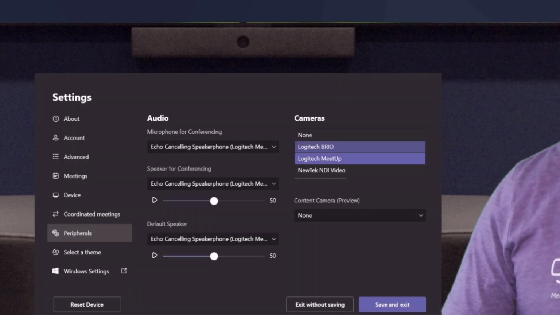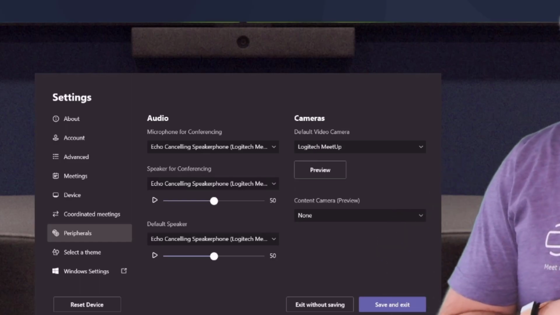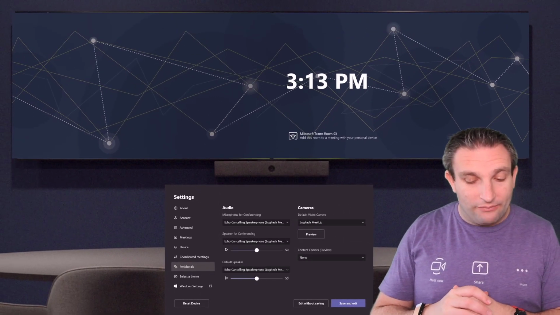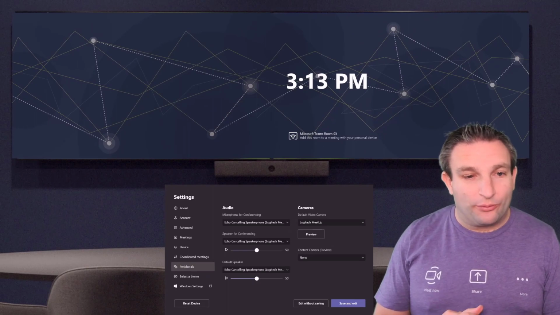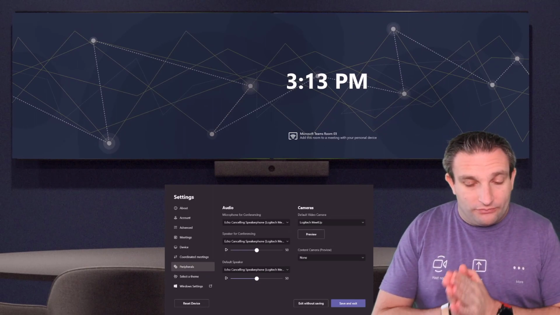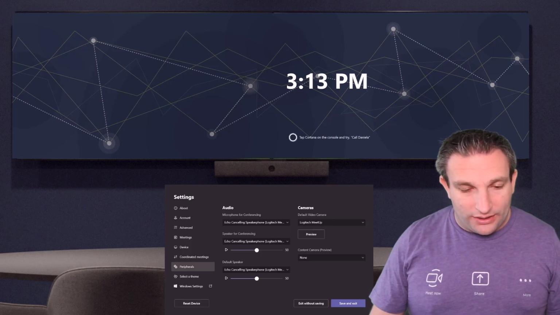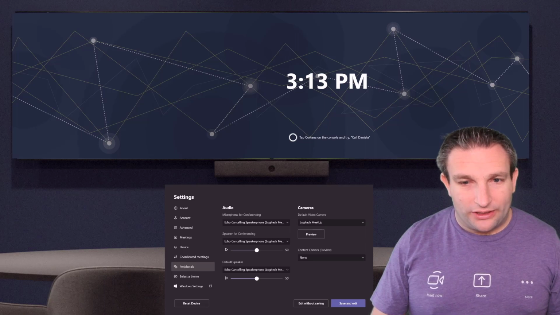What you want as the default camera there. So remember, this is different to the content camera. That option's been there for a long time, to see if you're using that magic whiteboard camera on the Microsoft Teams Rooms. So define your camera here. And let's just double check. I don't think there are any new